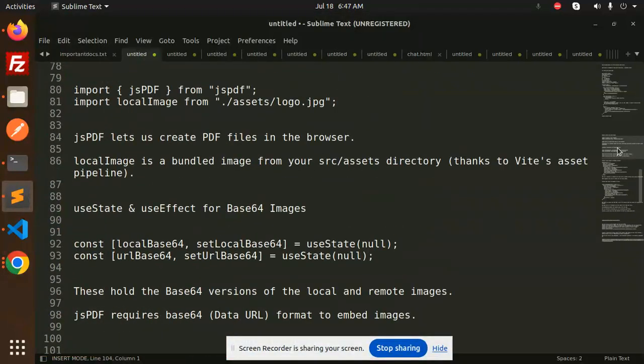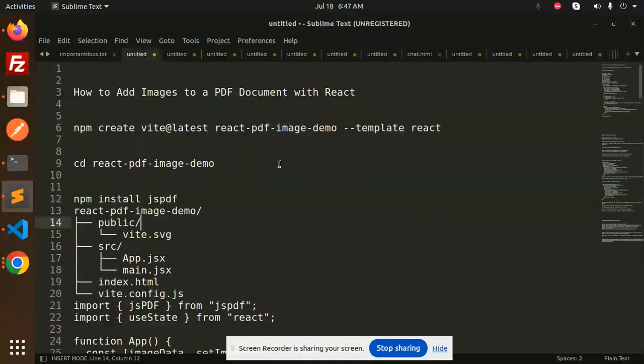Hello friends, welcome back to the new tutorial. Today we are going to learn how to add images to a PDF document